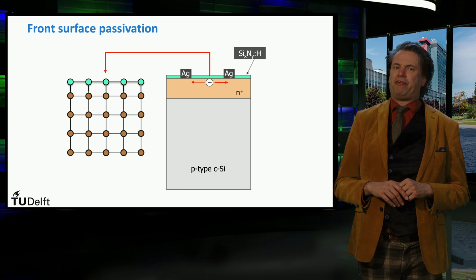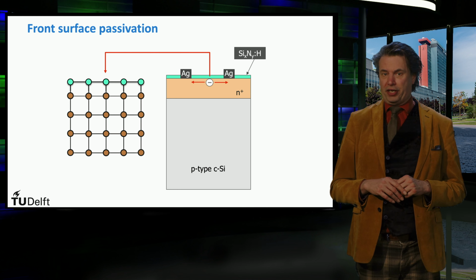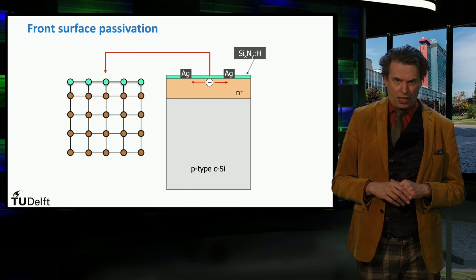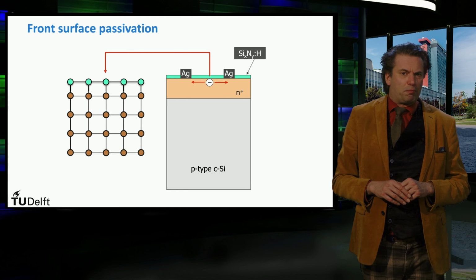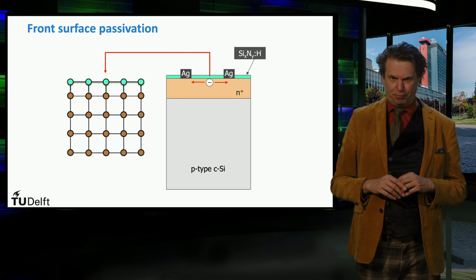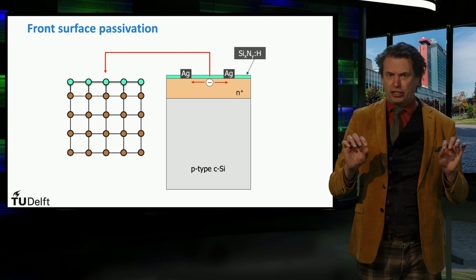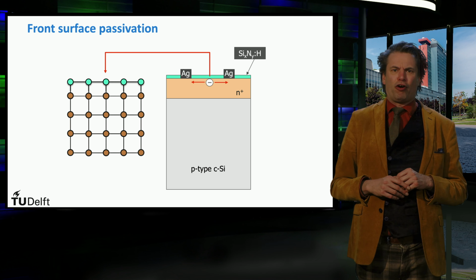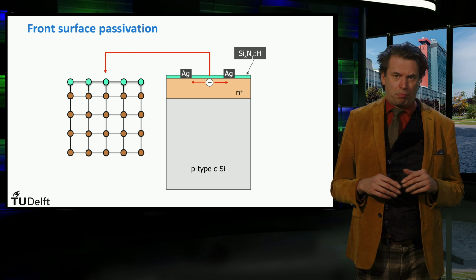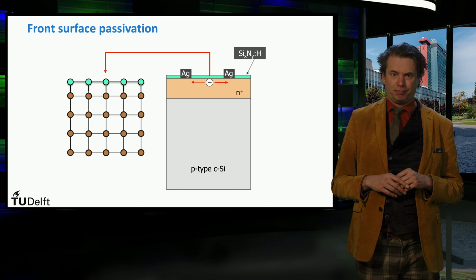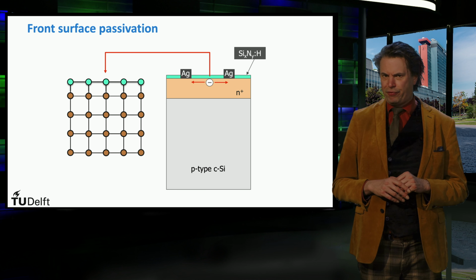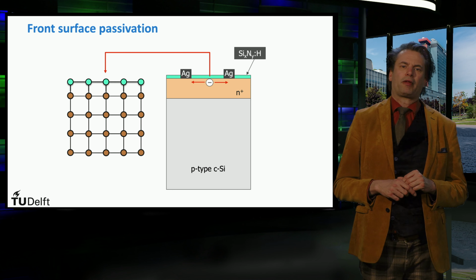Typical chemical passivation layers being used on emitter layers are silicon oxide and silicon nitride. Silicon oxide layers are formed by heating up the silicon surface in an oxygen-rich atmosphere. The surface oxidizes, resulting in a thin layer of silicon oxide. Silicon nitride can be deposited using plasma-enhanced chemical vapor deposition. We will come back to that process technology when we talk about thin film PV technologies.